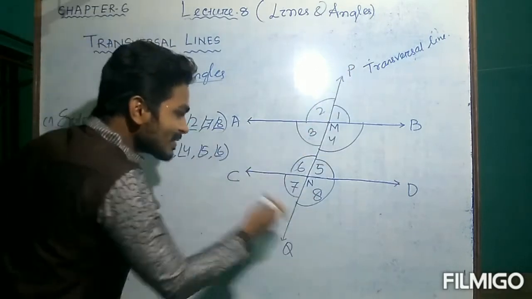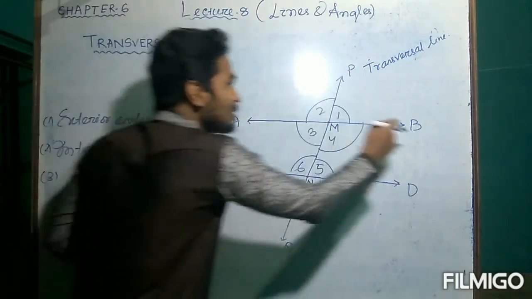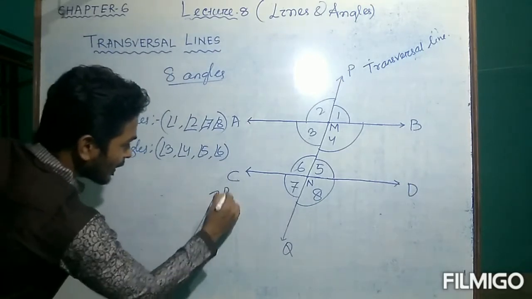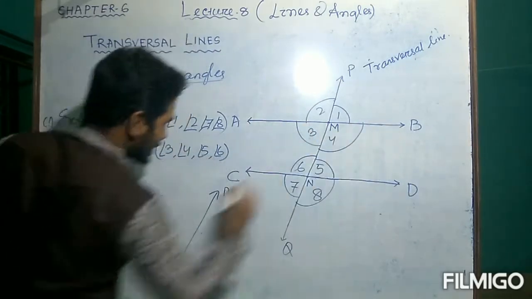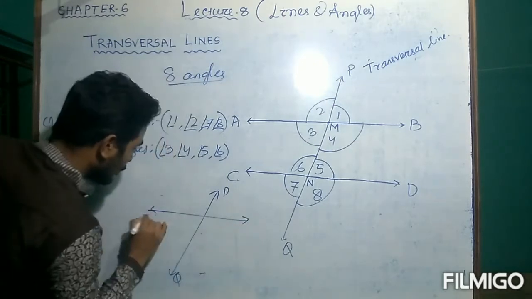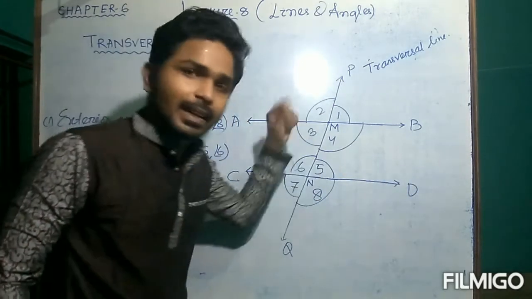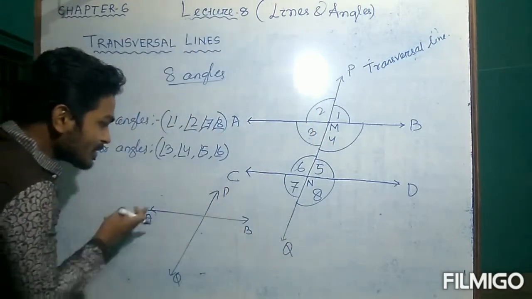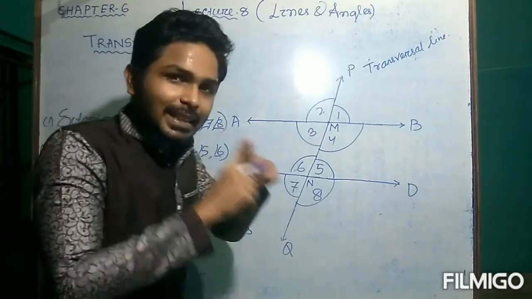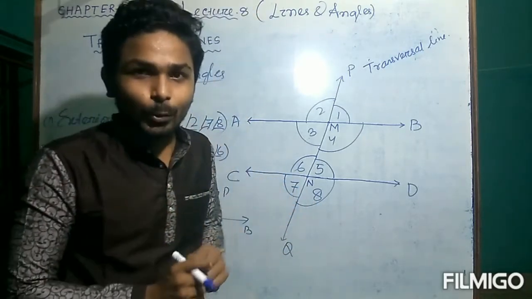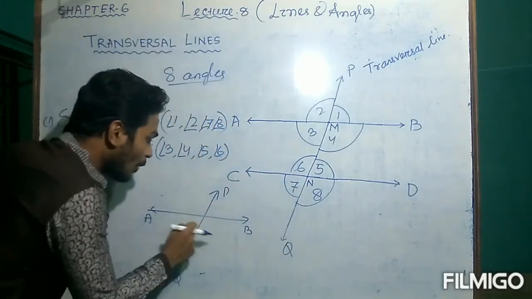Here PQ is a straight line. AB is also another straight line. Like this, this is PQ, and this is AB. Forget about CD, we will consider it later. Now, whenever two straight lines intersect each other, then according to theorem 6.1, you know total how many